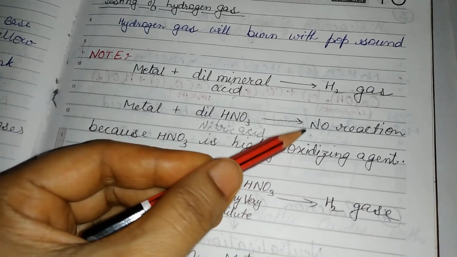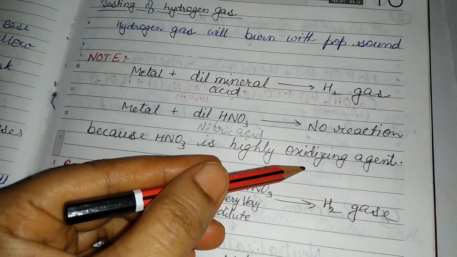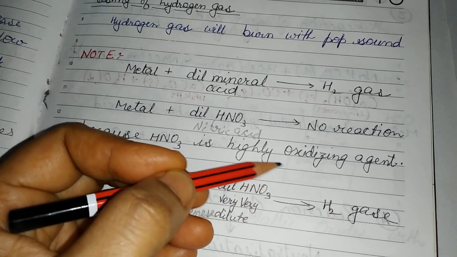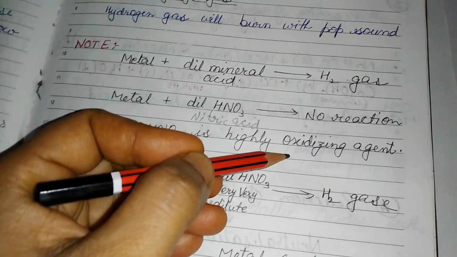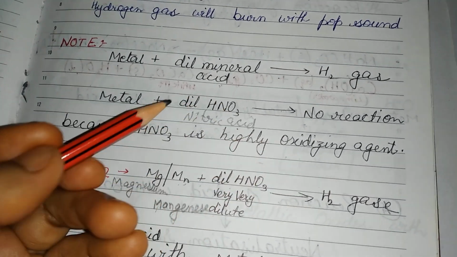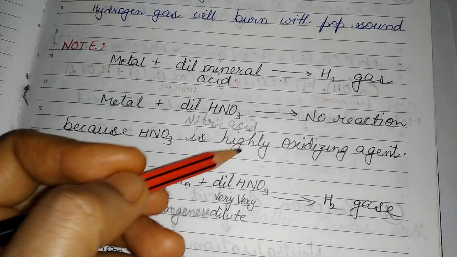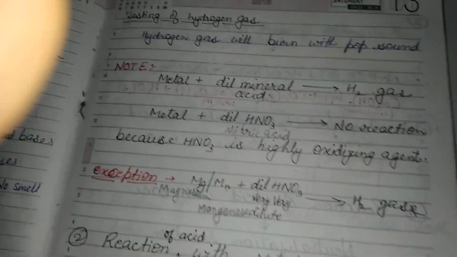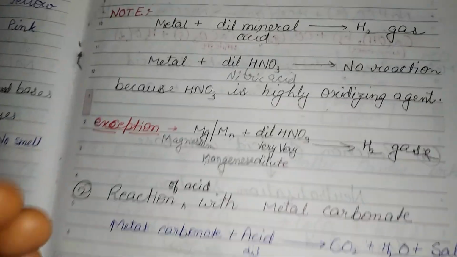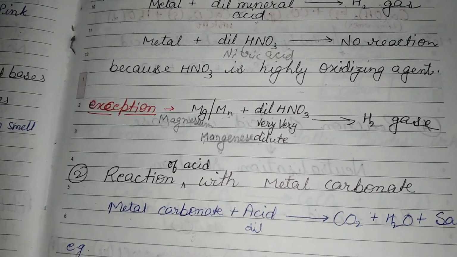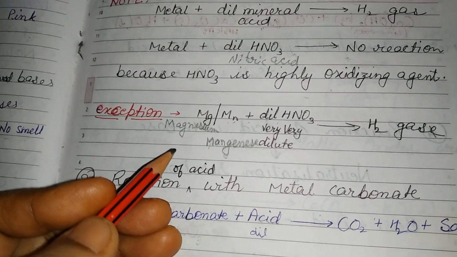Okay, because nitric acid is a highly oxidizing agent. यह बहुत ग्रेट ऑक्सीडाइजिंग एजेंट होता है. ऑक्सीडाइजिंग एजेंट हम किसको कहते हैं? जो ऑक्सीजन दूसरे में ऐड करवाता है. तो इसीलिए ये हाइड्रोजन गैस नहीं निकाल पाता. Okay, so this is the highly oxidizing agent. I think you have studied the oxidizing agent in chapter 1, chemical reactions. Okay,